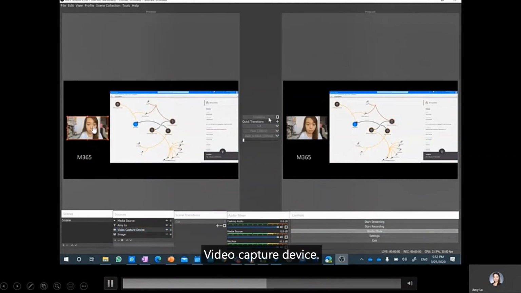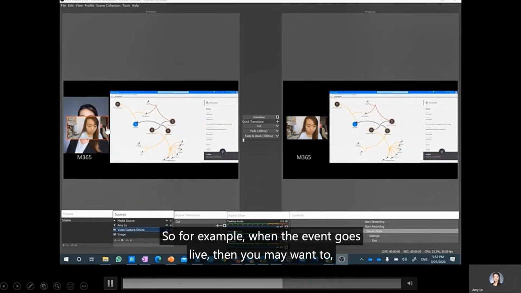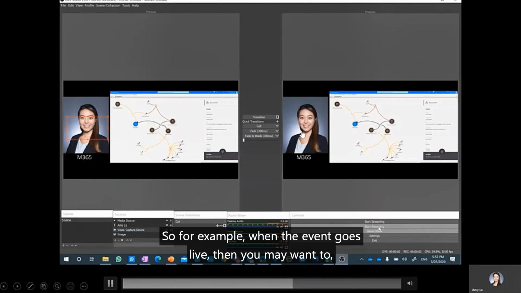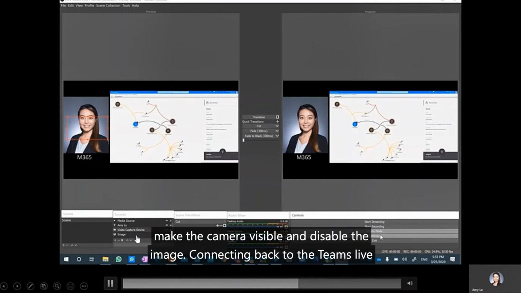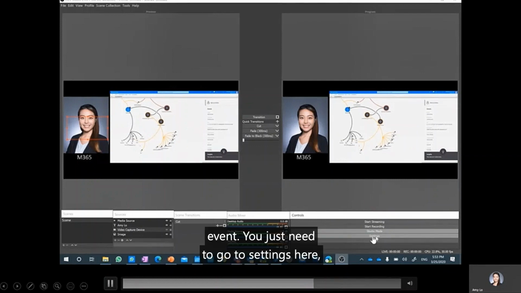Video capture device, you could also include one of your cameras as the source. So for example, when the event goes live, then you may want to just make the camera visible and disable the image. Connecting back to the Teams live event, you just need to go to settings here